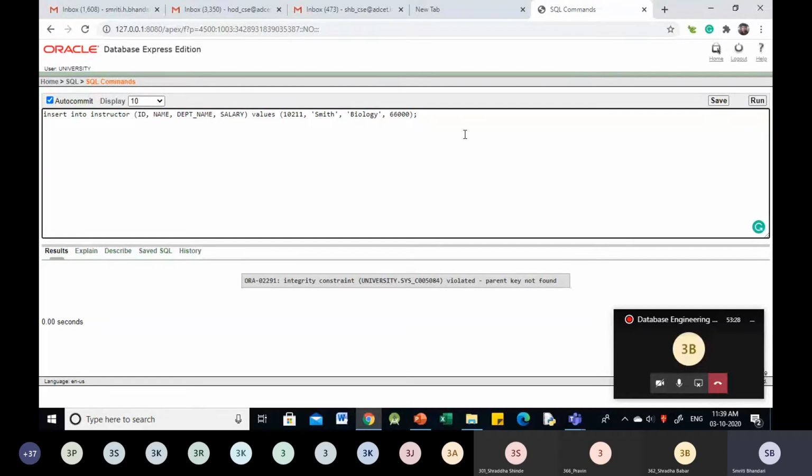So far we have only created the schema. We have not inserted any data in any of the tables, and directly I am inserting one tuple into the instructor table. But please remember that this department name in the instructor table is borrowed from the department table.